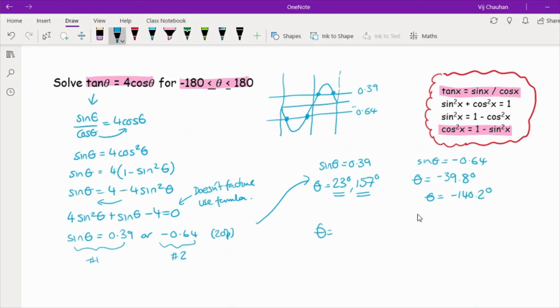So my final answer, and again, like I said, it's always good practice for you to write out all your angles in a nice neat row. Don't be too concerned about the order, because I can see here that my numerical order has gone a little bit bodgy. And there are your answers for that particular question. So if we move on to question 4